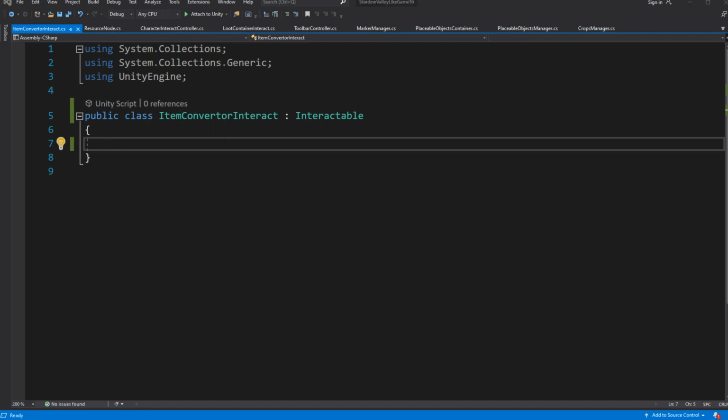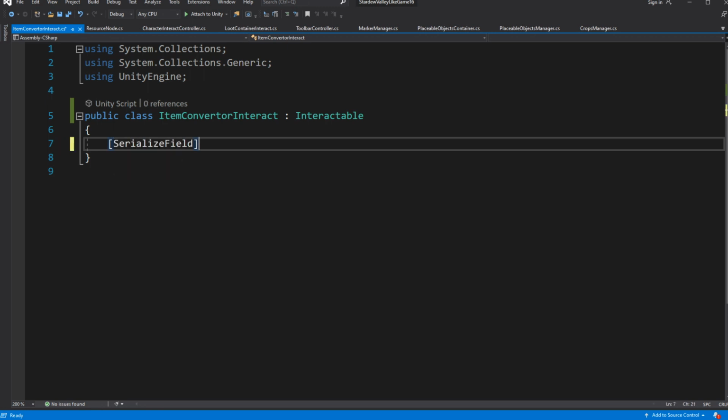Good. Now inside we want to make it so when we interact with the object, we check the item in our drag and droppable slot. If that item is an acceptable type for the smelter, if yes, smelt it.